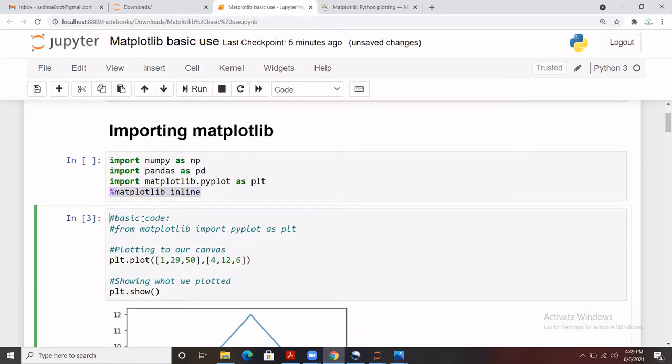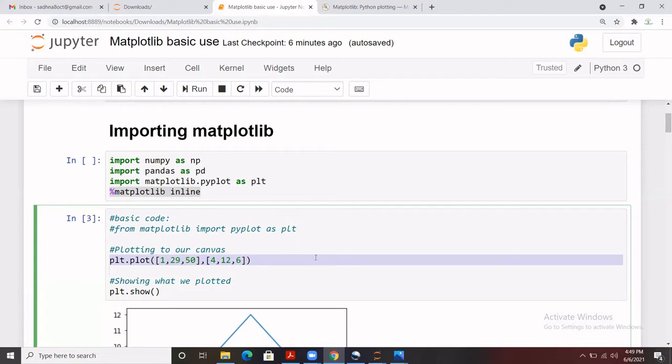Now we are talking about how we write a basic code. Whenever we do some plotting, we require data as well as the x and y axis, that is, the data for the x-axis and the data for the y-axis. This is the very basic plotting code. We use plt because we have imported matplotlib as plt, and then plt.plot because we are going to plot, and the x and y axis data we have passed directly here. This is the very basic syntax for that.